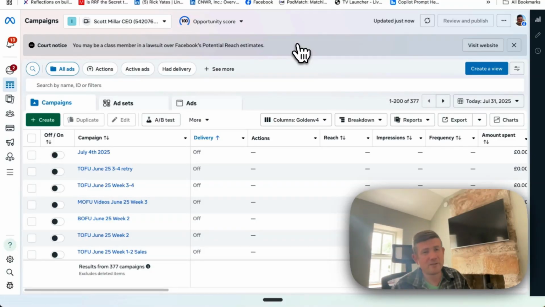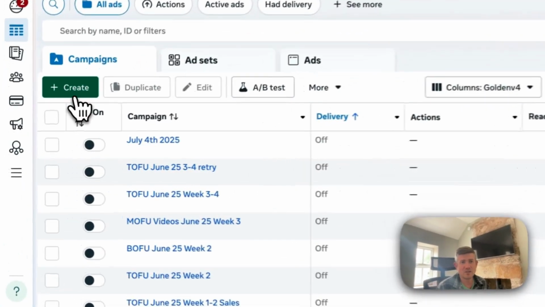The other thing with Meta is that you get a 3-for-1. You get Facebook, you get Instagram, and you get the Meta Audience Network. That's just websites and lots of different places. So you get a 3-for-1. So I suggest Meta. We create a campaign in here,